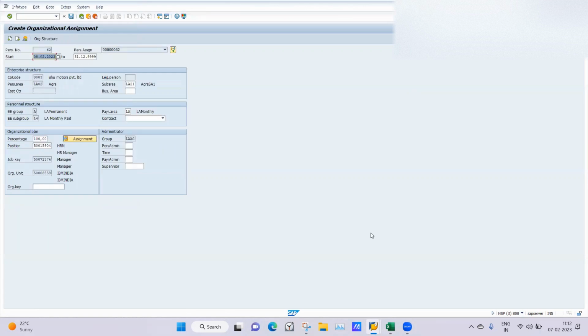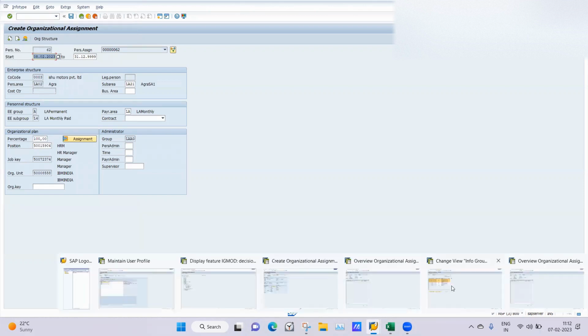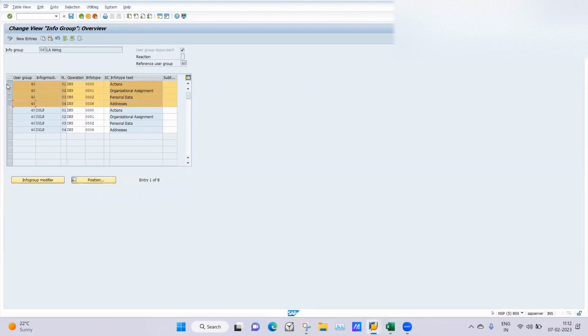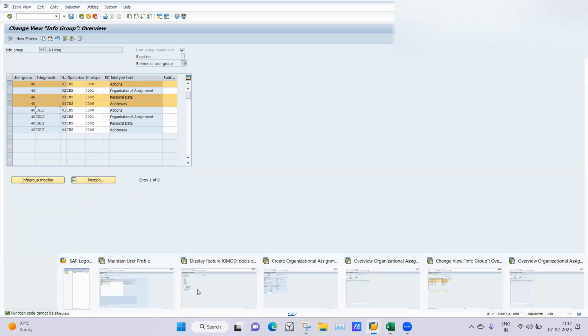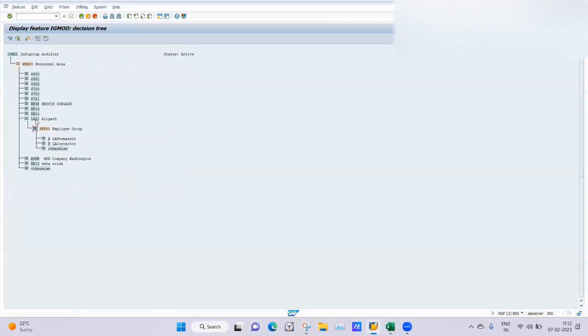Similarly, it is coming as LA because it was happening due to this. This personal area was defined under this IGLP info group modifier, because under IG mode we have used this personal area. If I again create any other entry as LA02, and I give this definition, and I give some info group modifier name there, then I will not be able to just randomly put that personal area. If I put it and if